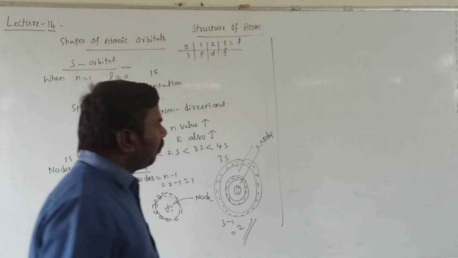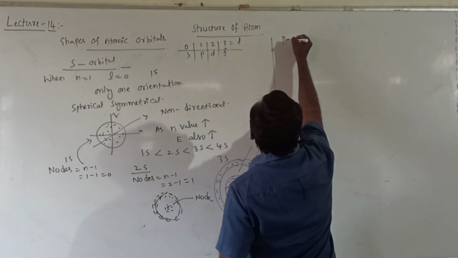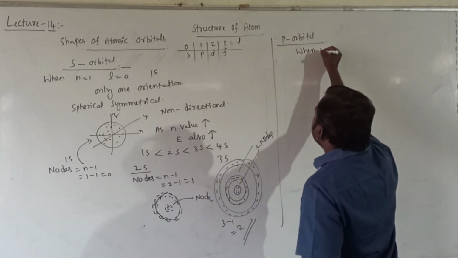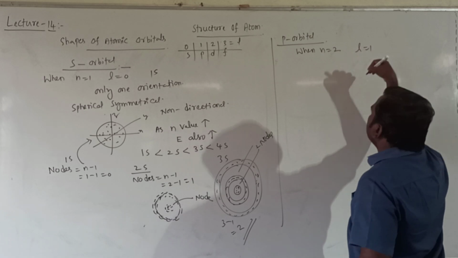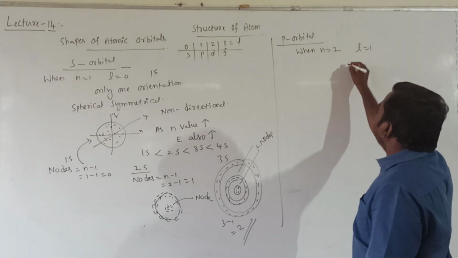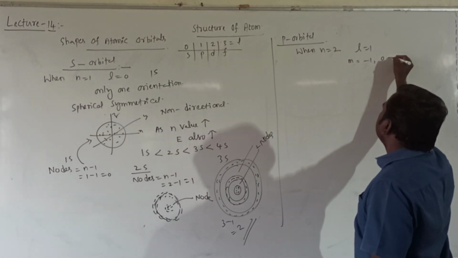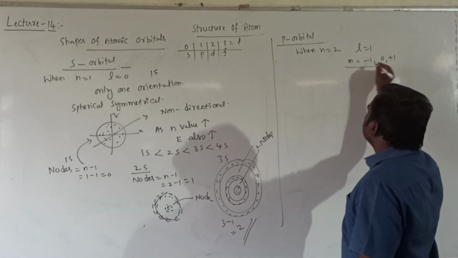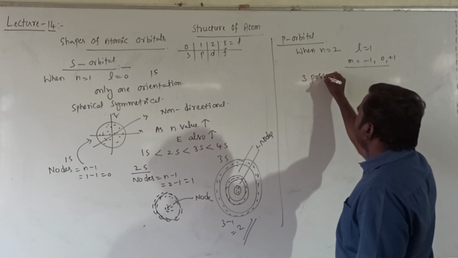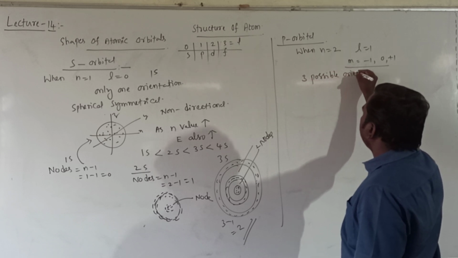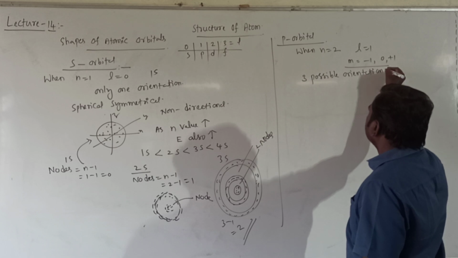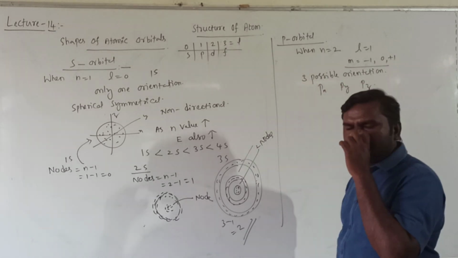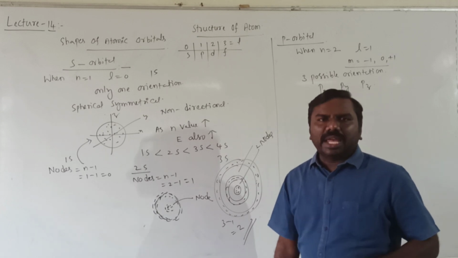Now, p orbitals. When n is equal to 2, L is equal to 1, m value will be minus 1, 0, plus 1, correct? Totally 3 possible orientations. Those are px, py, pz. Right? So in px orbital,